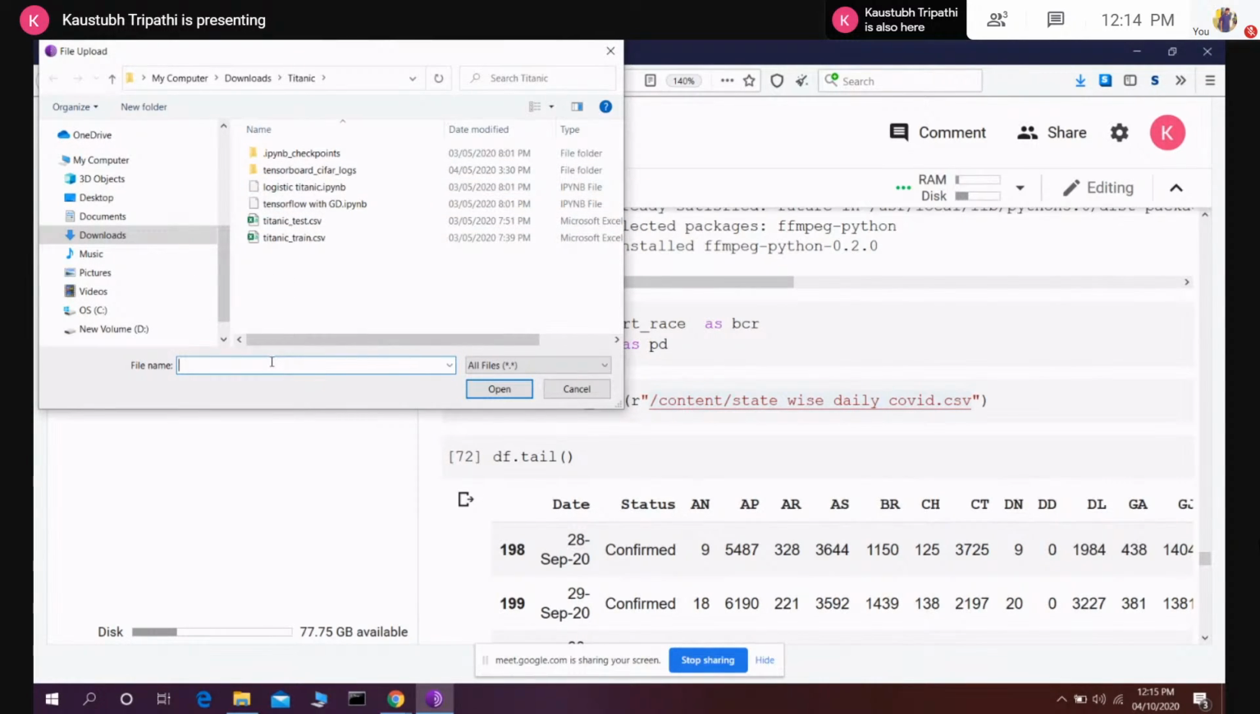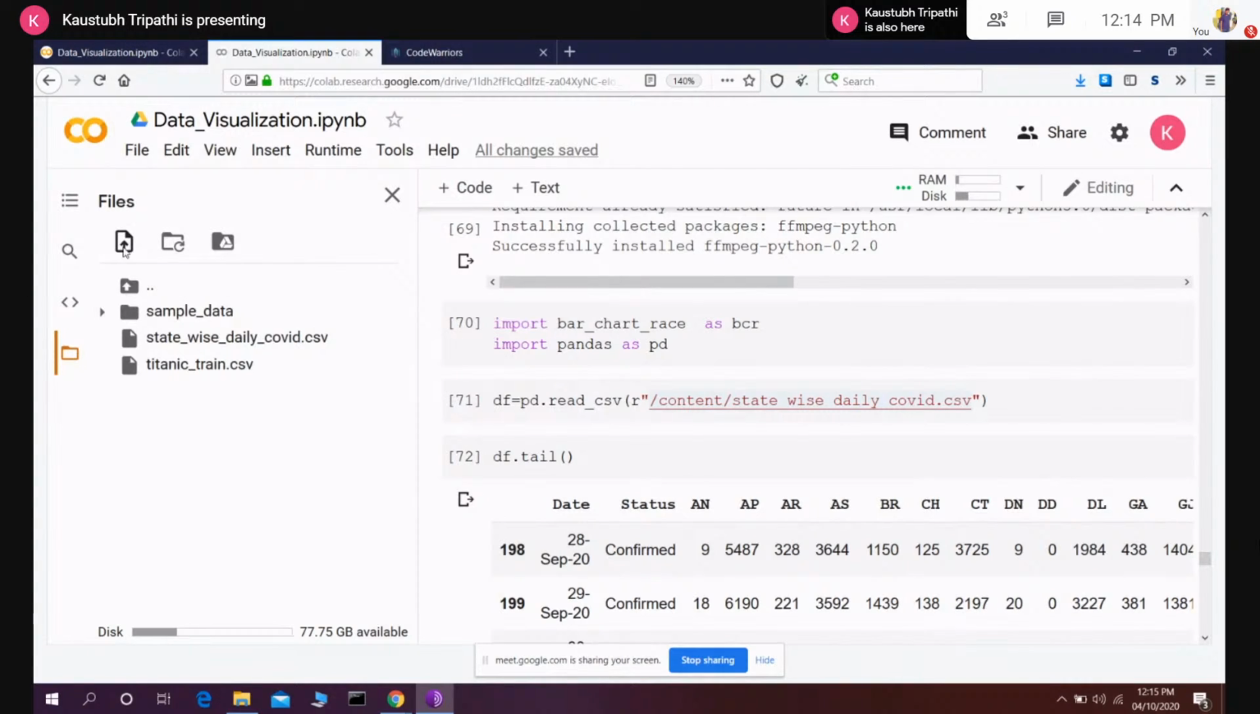We have provided you this CSV file already in the chat section. The link is provided in the description also, so you can get the CSV file from there, and you can upload it directly. Okay, by clicking on it, you can upload the file, and then when you upload the file, click on the triple dot over here and copy the path from here. Okay, so you will get the path of that file, and then go over here, use this pandas method to read the CSV file, and